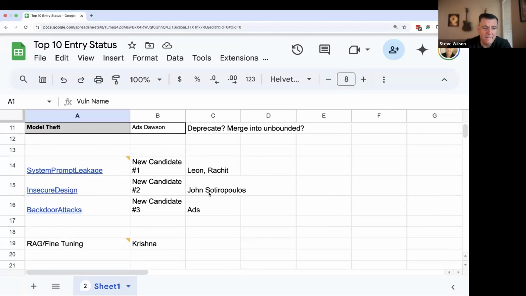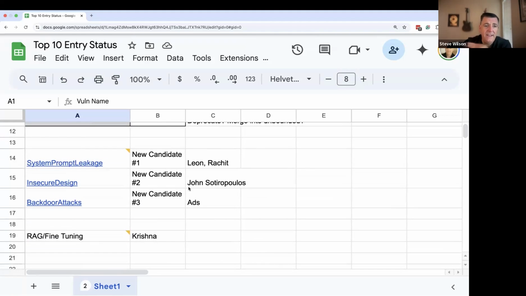The other thing that we have is we have a set of things that were derived from the previous voting that were highly voted things that we decided that we wanted to flesh out. And I took this from a list that Ads had put together.